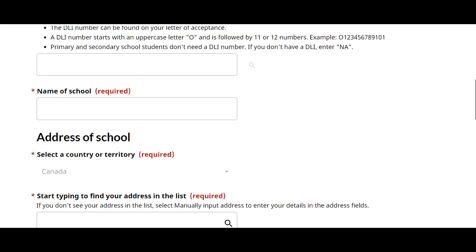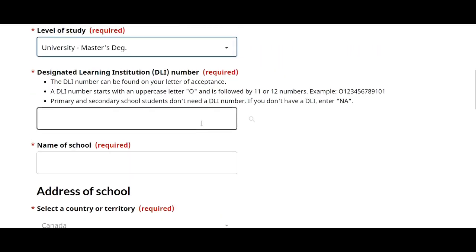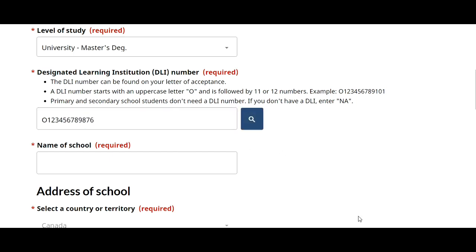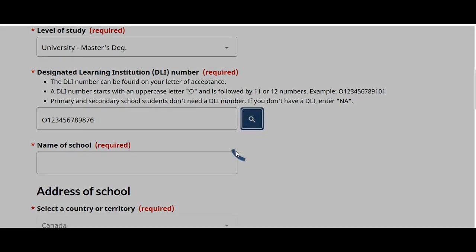DLI number should start with O followed by 12 numbers, 1, 2, 3, 4, 5, 6, 7, 8, 9, 10, 11, 12. Name of school, you can click find, but here nothing is going to come out because this is a sample, but in your actual case it will.